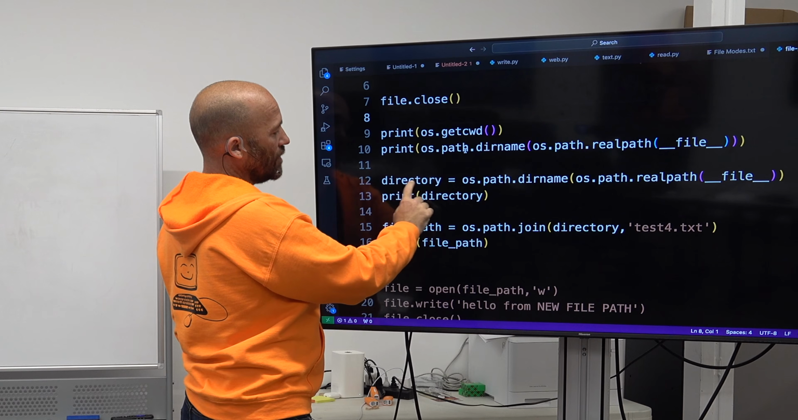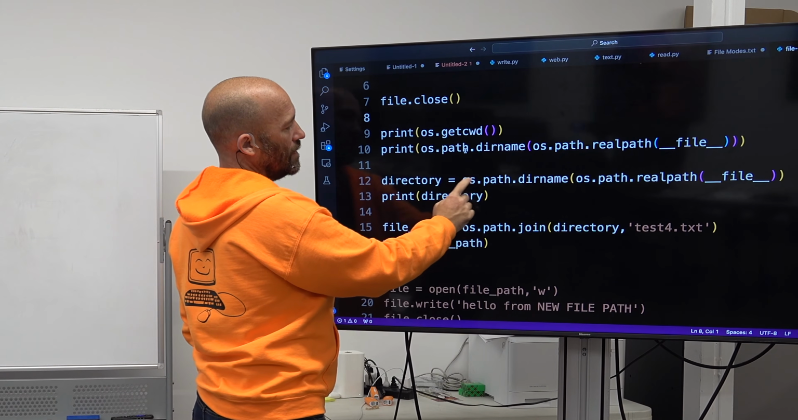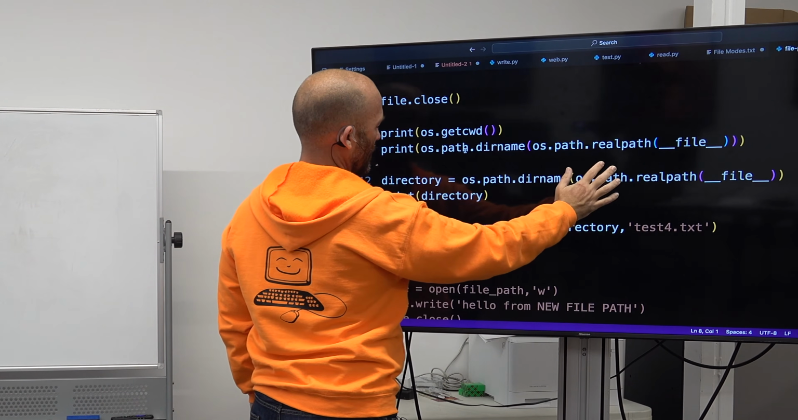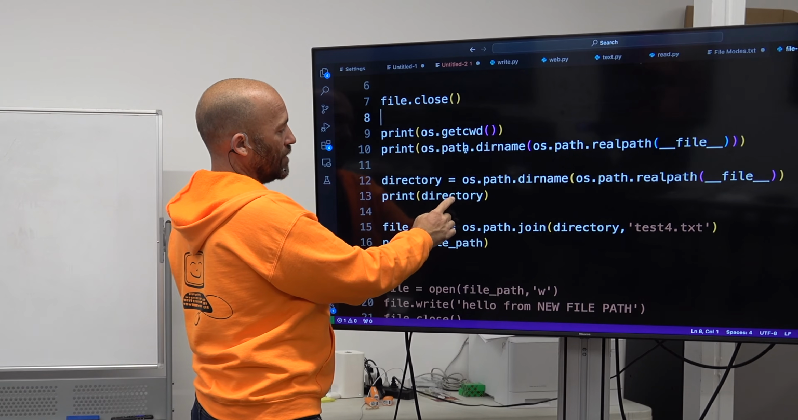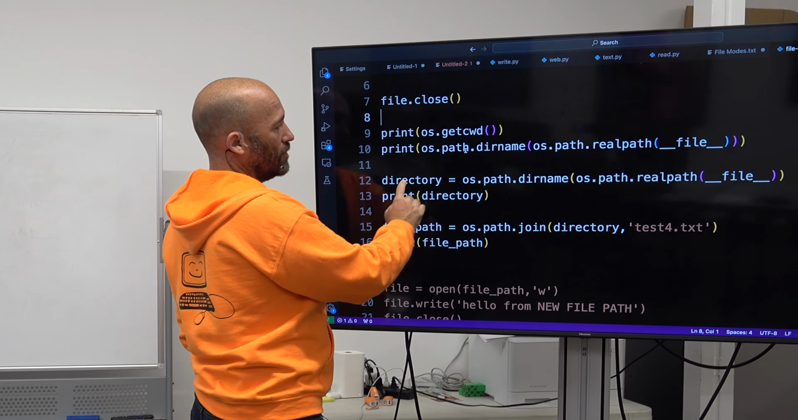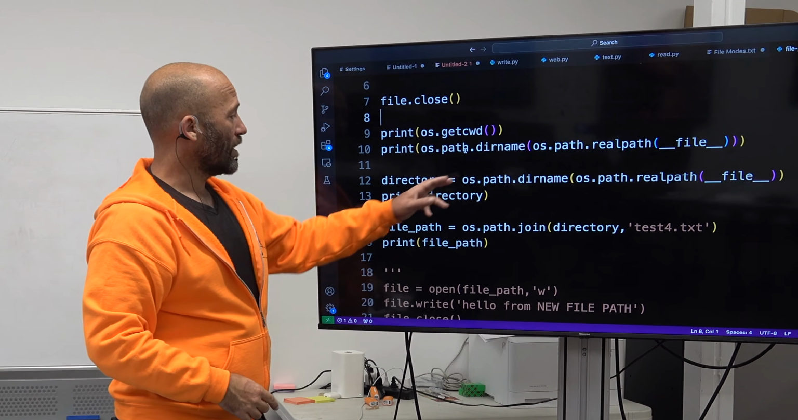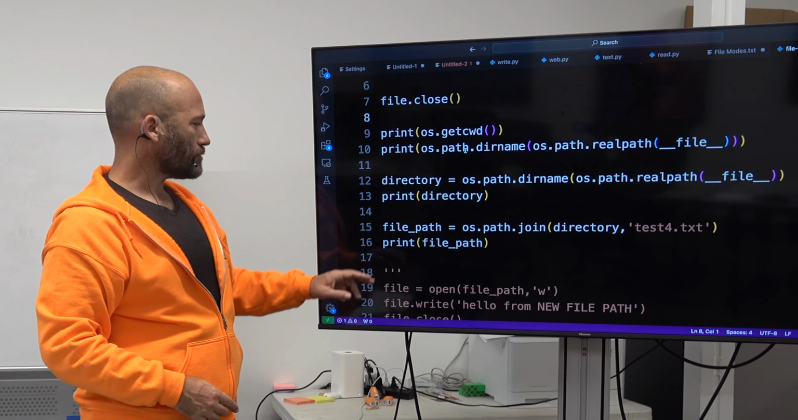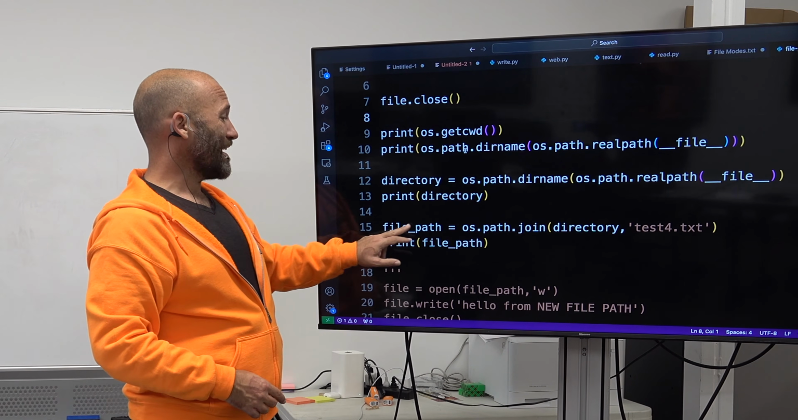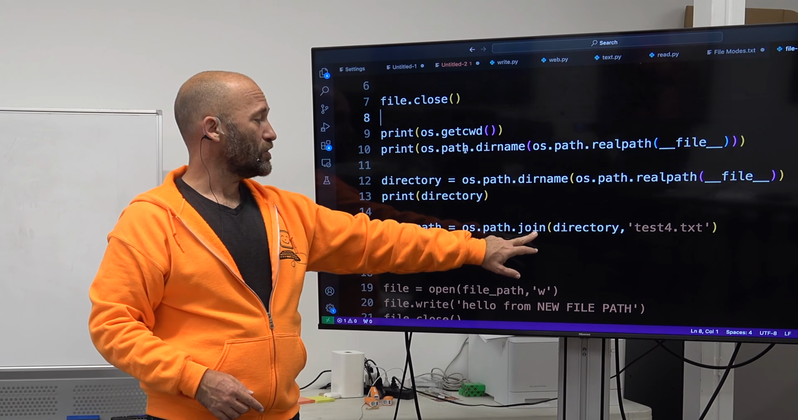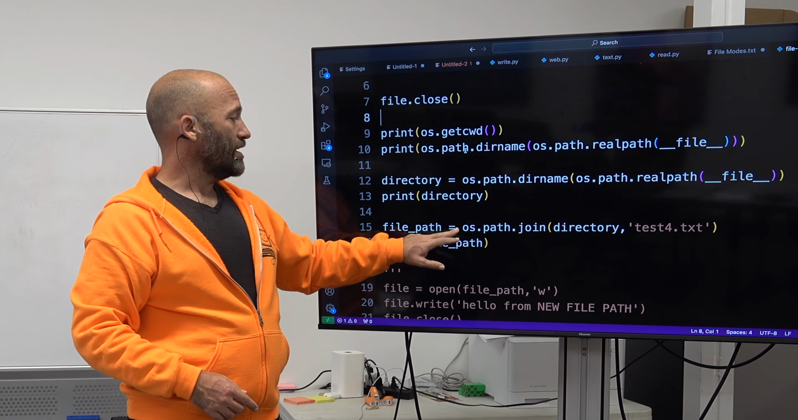So here we're going to have directory. So directory equals os.path, this same thing, and then we're going to print out that directory. So directory is now going to be a variable with the value of what our path is. We're going to print that out. Then down here, we're going to create file path, and we're going to use join. So file path equals